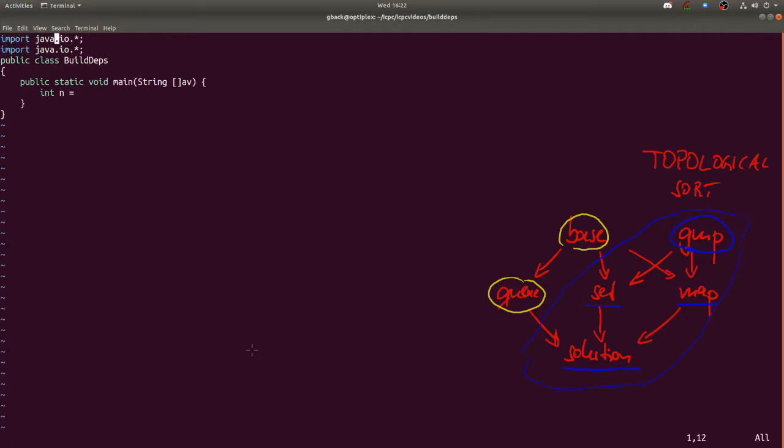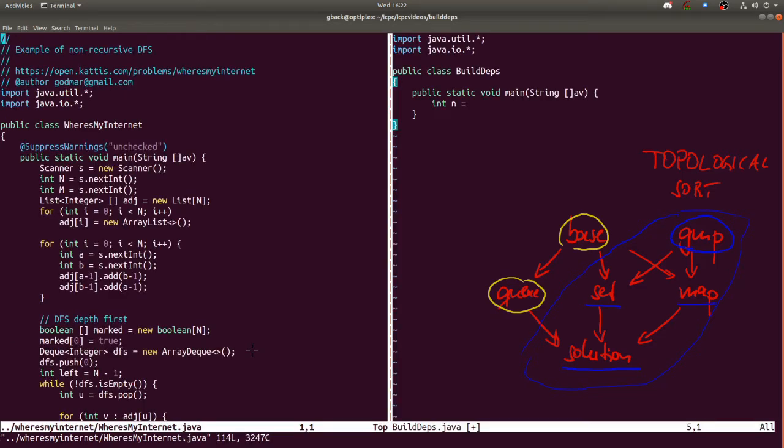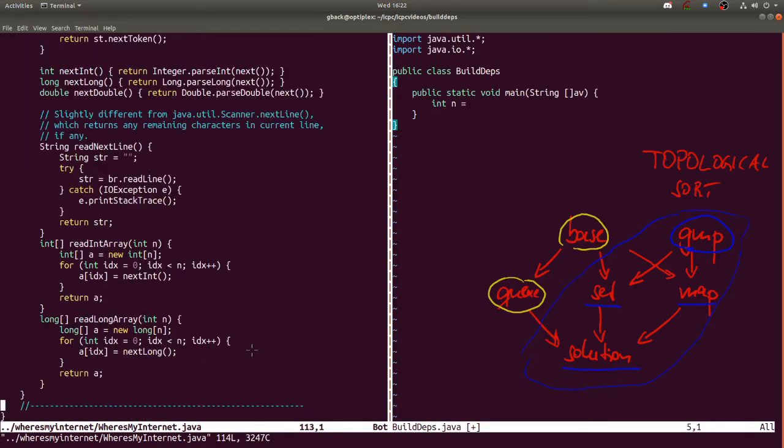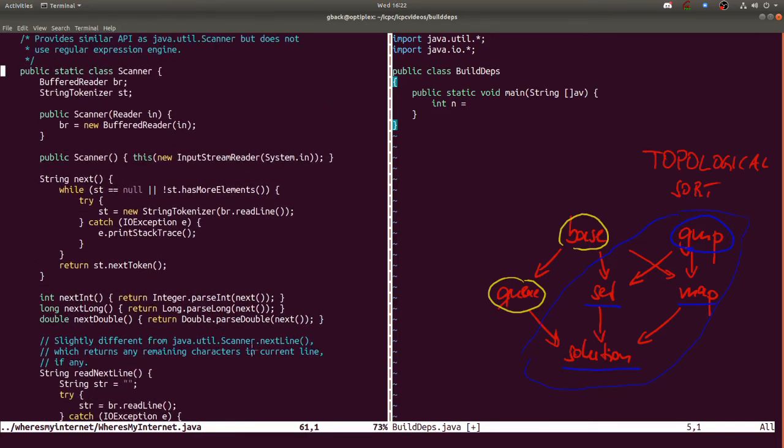I'm going to import these packages, and I'm going to model this after the fast scanner that we usually use. So I'm going to pull up the code of a previous problem that had this fast scanner, as you can see here on the left. And specifically, what I will be using is a buffered reader and a string